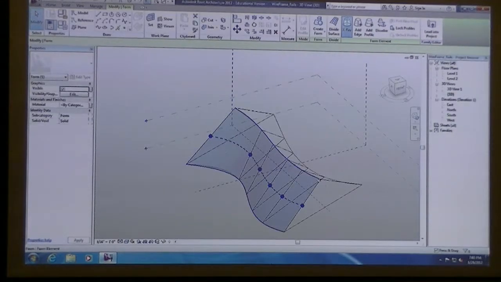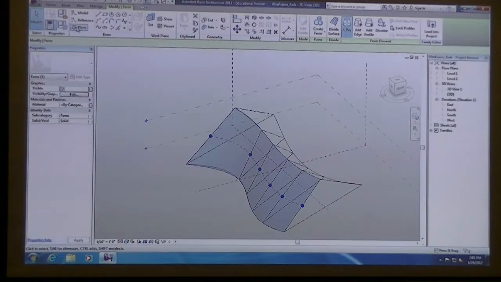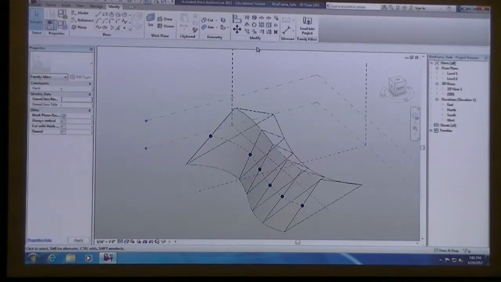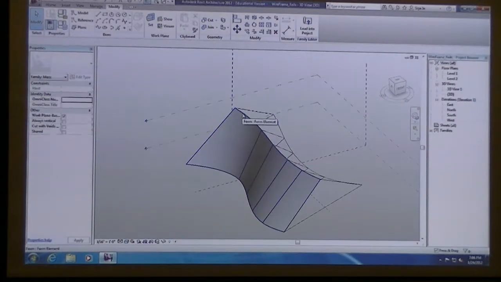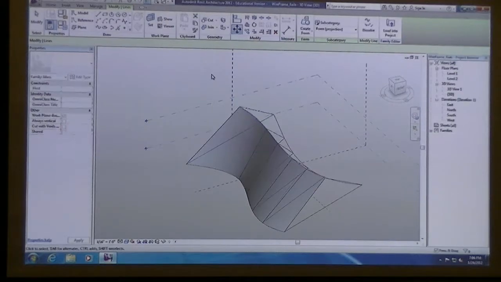I think they're all tied to each other now, so I can't really move these without moving the... I'd have to have some parameters set up, it looks like. I was trying to move this curve again. How do you select all those surfaces? To do what now? Select the surface? If you click on or hover over and keep selecting tab, you should see form element or model lines. There we go. I need the model line to move. That works.